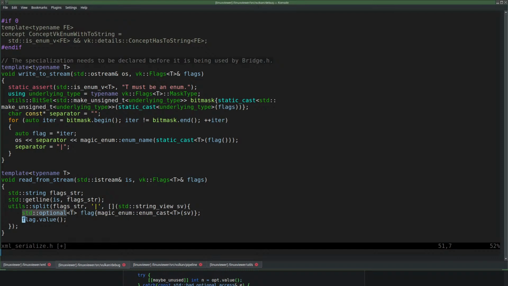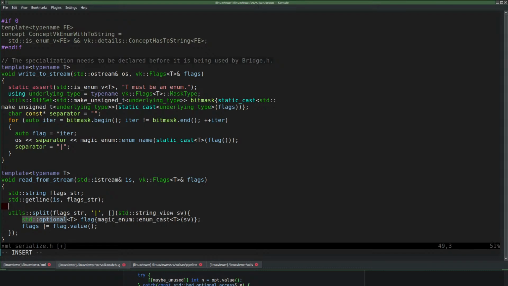Now we have to accumulate that. So flags or what flag? Der bunny is back, yeah. Flag is that? Oh, what flag? Okay, now we need the flags, of course.